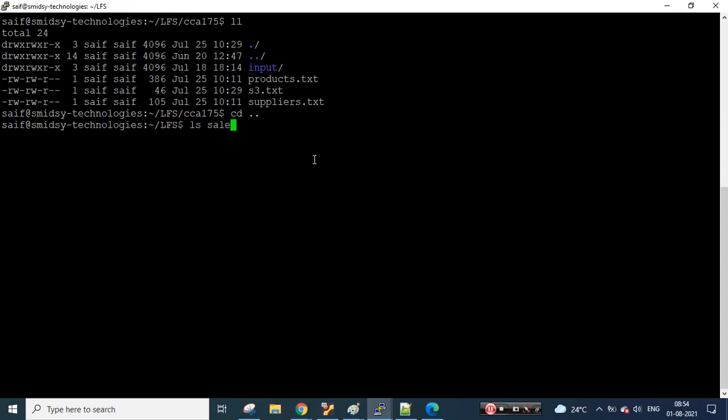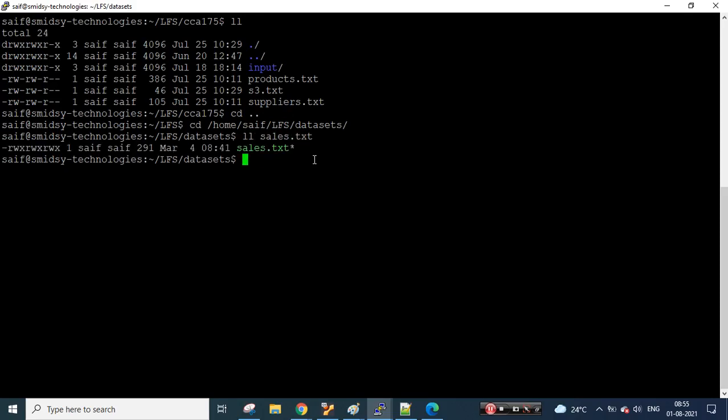ls. sales.txt. Wow, I don't have this. So what I will try to do is go to datasets, change to home/save/lfs/datasets. Okay, so ll and sales.txt, I should have this file. So we'll try to move this file to the location which we want, that is home/save/lfs